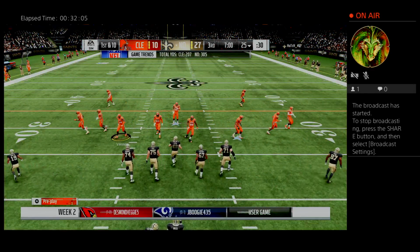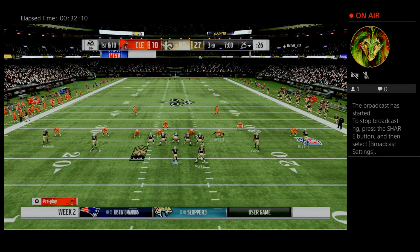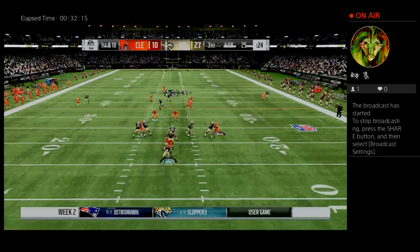This is sort of what you would call a put-away drive, isn't it? They score here, especially a touchdown. It's almost out of reach. It certainly feels that way, and I think that they're going to call their plays accordingly because...